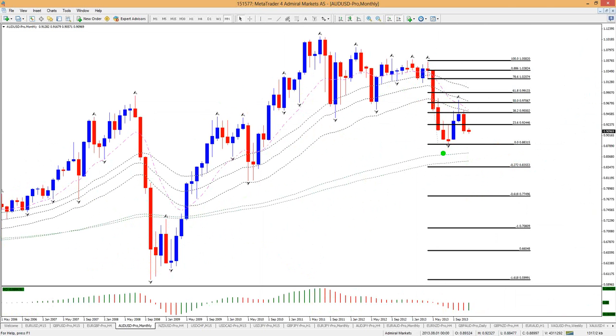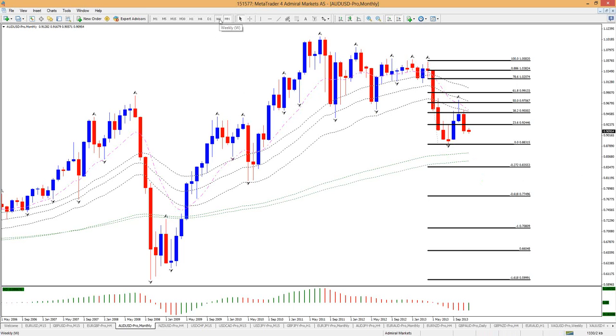Now, we won't fall in one shot. We won't fall without any ups and downs. As we know, everything moves in these waves, right? These natural ups and downs. Even if you don't count waves, you don't necessarily have to count waves to know that price doesn't normally go in one straight fall. It always makes some ups, some downs, right? So why does it do that? Because it's respecting support and resistance, and one of those support levels is the bottom, of course, here at 88.30. So we should be aware of that.